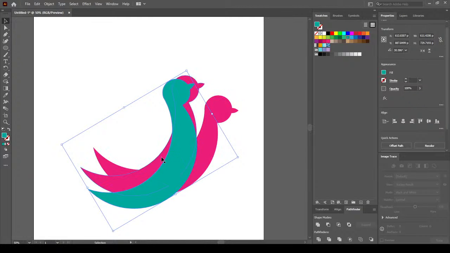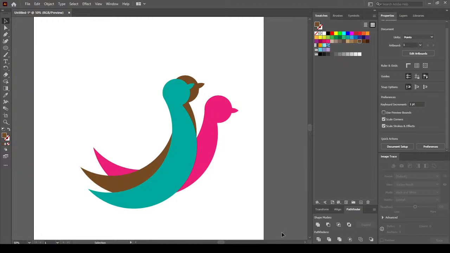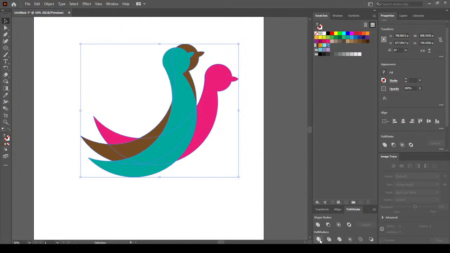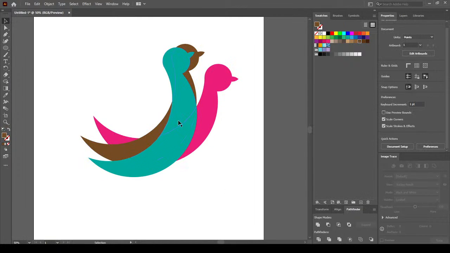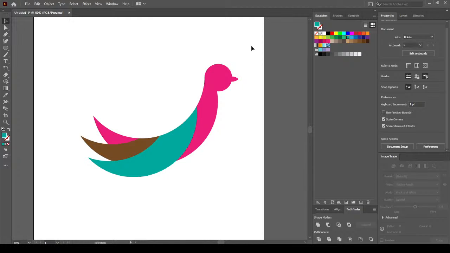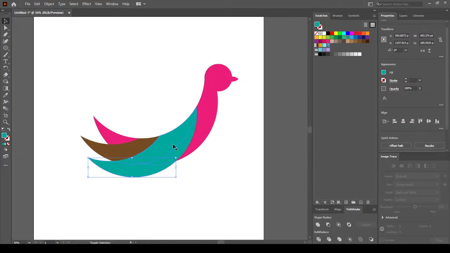Now you have to change the colors of it, because if you do the division, it will not divide it correctly. So they all have to be different colors. Now if I select this one, Pathfinder, and divide, ungroup, and now the parts that I don't want, I will just remove those. Okay. Now what I can do here is take this part and this part and this and this,